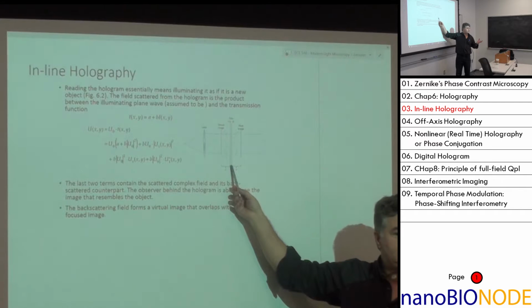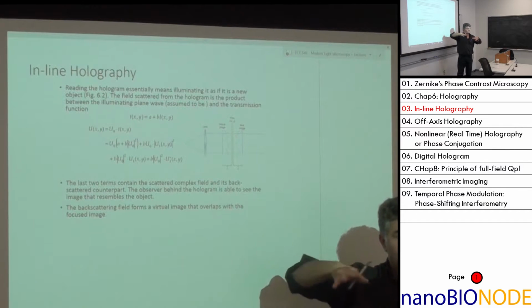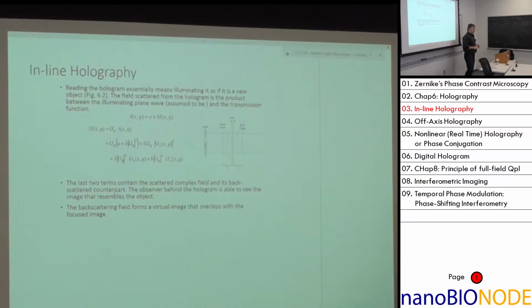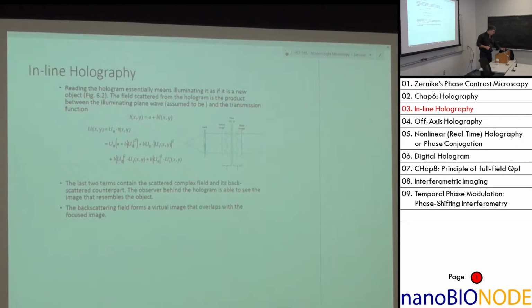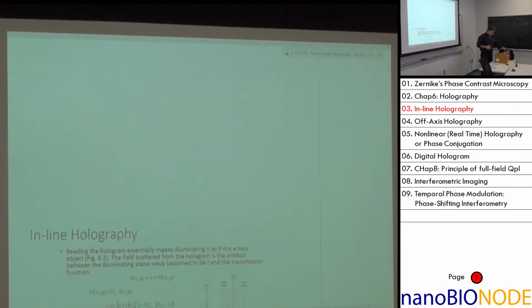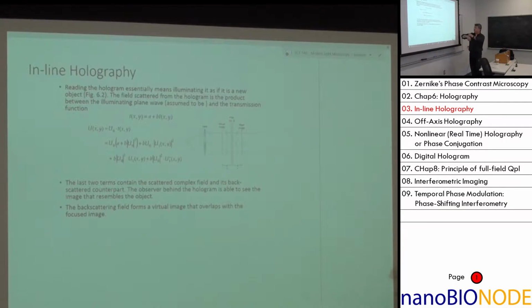It's not just one sinusoid, it's a bunch of sinusoids according to what hit that film when we recorded the hologram. So all the diffracted light from the object generated here a very complicated diffraction pattern or grating. Now, when I illuminate this